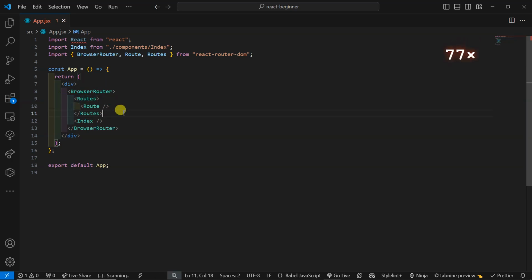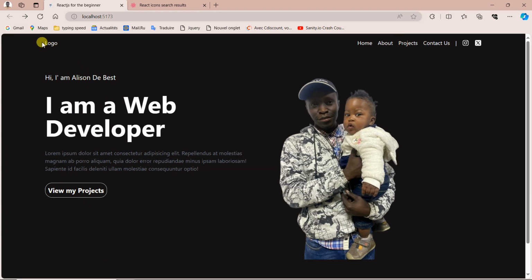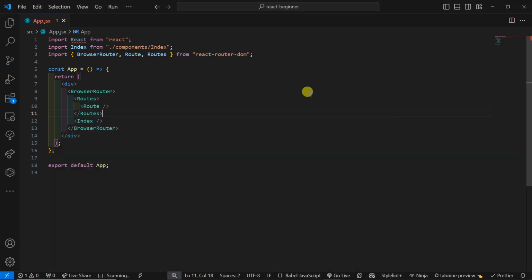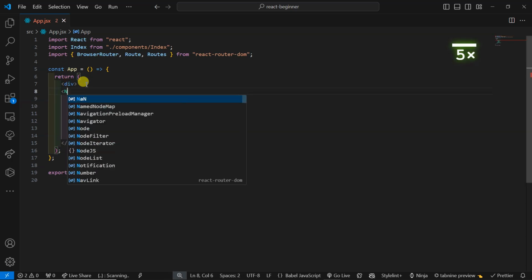So if I want only the page in the middle, you see here nothing is going to work, it will be throwing some error. If I want only the logo, which is the navigation on top, the navbar, and then the footer to remain on top, so that doesn't change, anything will be changed inside here, then I have to specify outside route here, I can add my footer, my navbar,